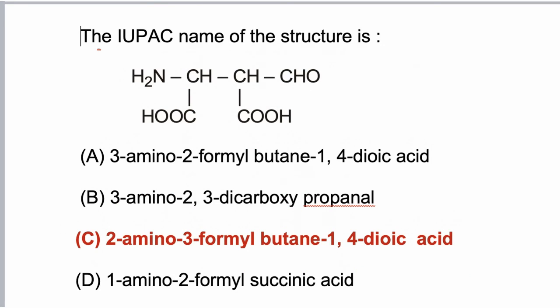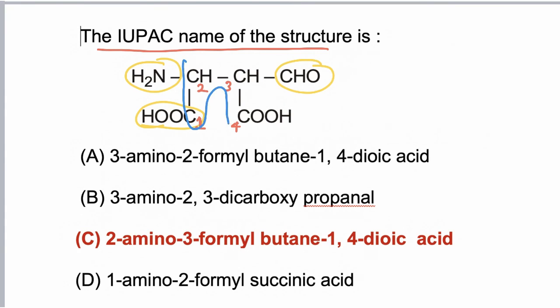In this question, we have to find IUPAC name of the given structure. Now this molecule is having COOH functional group, NH2 and aldehyde functional group. Now according to priority table, COOH is having higher priority than aldehyde and amine. So COOH is principal functional group. Now carbon of principal functional group must be included in main chain. So now main chain is having total 4 carbon.